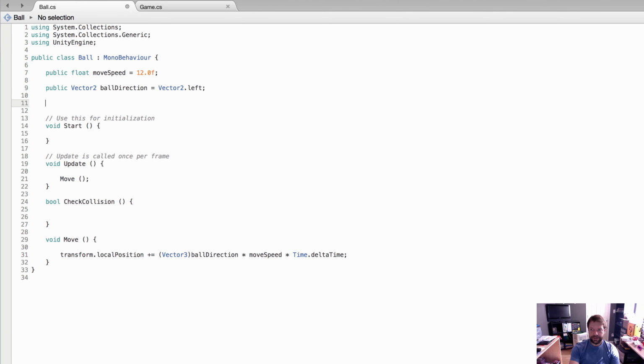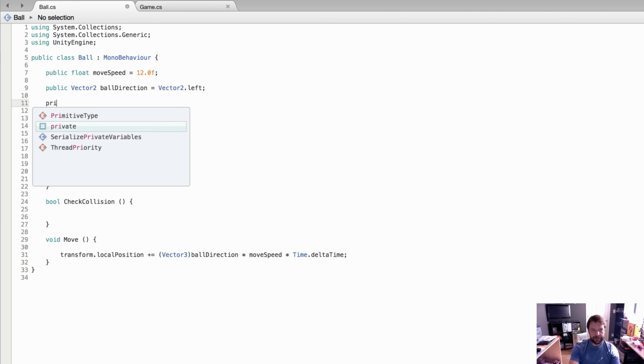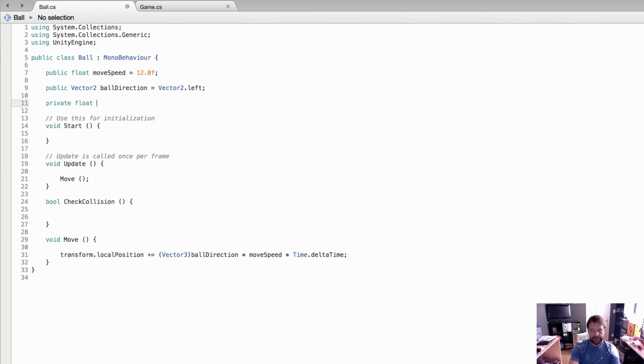So what we're going to create here are a bunch of floats. So we're going to create a player paddle height, player paddle width, a computer paddle height, and a computer paddle width. And you're saying to yourself, but Chris, why are you creating height and width variables for both the computer and the player paddle since they're the same width and the same height? Well,